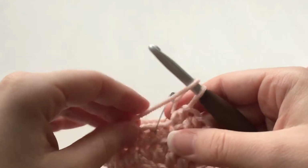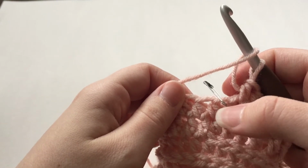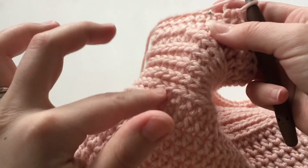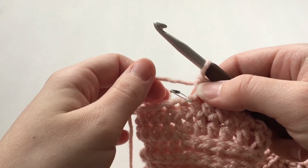Hi guys, in this video I'm going to be showing you how to go from a half double crochet row to a row of half double crochet in the third loop only stitch to create these knitted textured blocks. Okay, so now that you've finished your row of half double crochets,